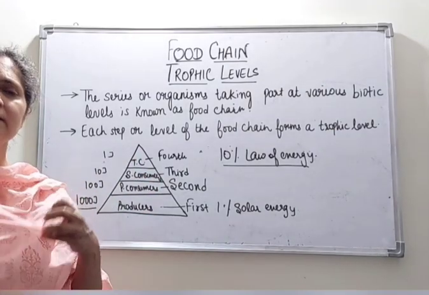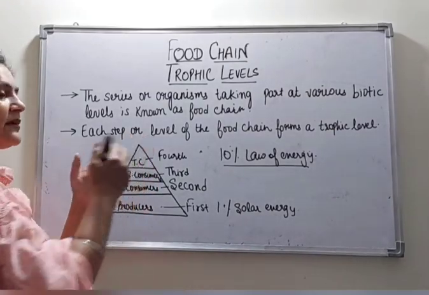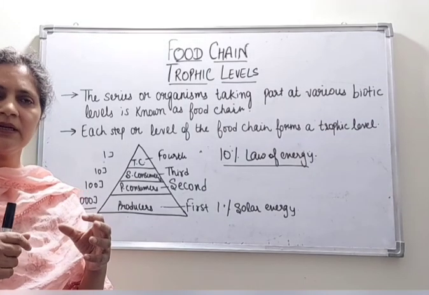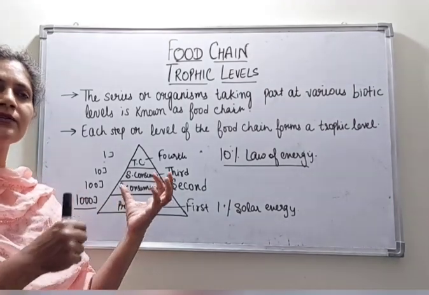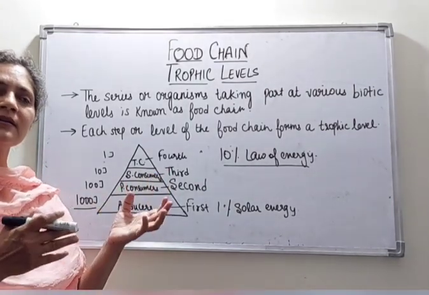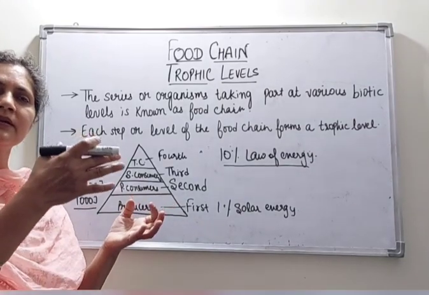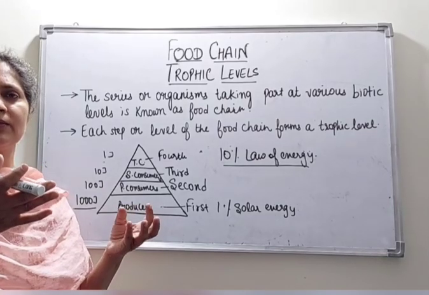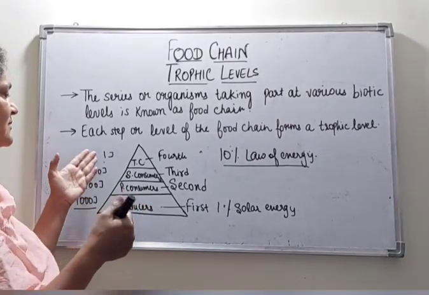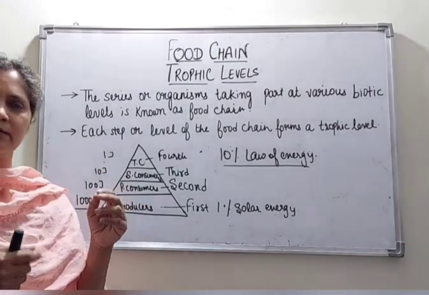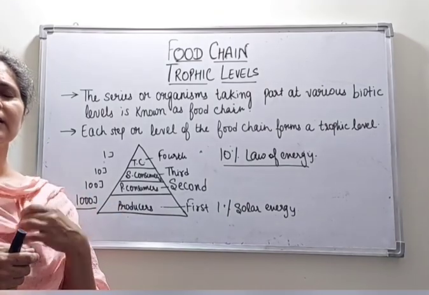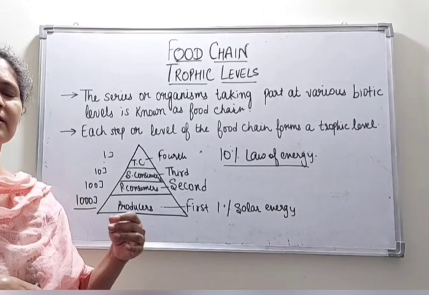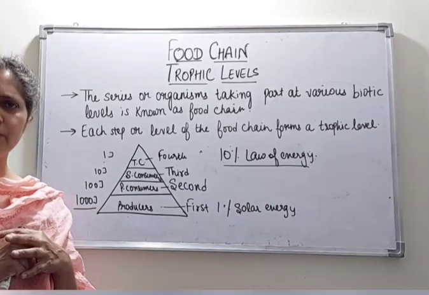This is the reason that after that the next level is not possible. The trophic levels are mainly 3 to 4 because the energy going from one level to another is at a reducing rate. Only 10% of energy is going there. So in the last, less energy will remain. So these are the various trophic levels which together form a food chain.